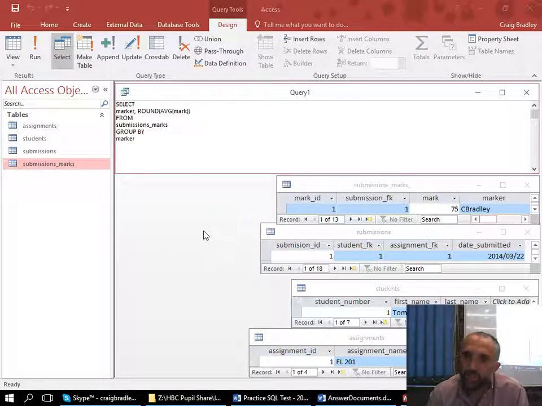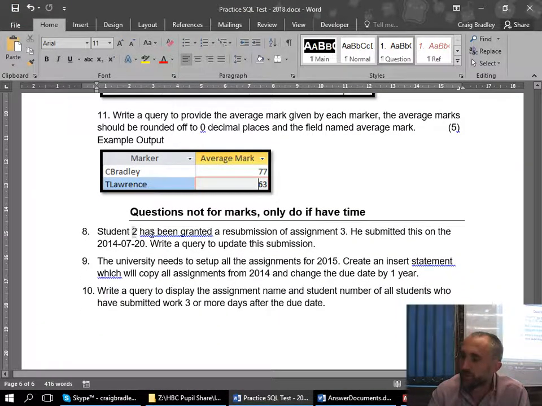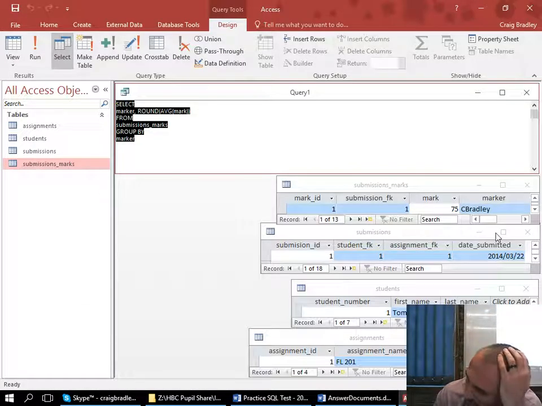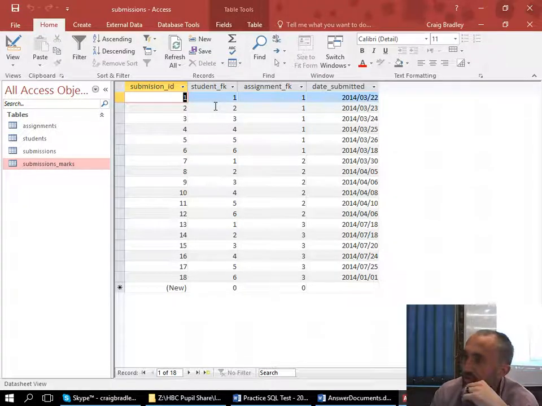Question 9. So now we go to question 9. Question 9 is question 8 in here. So student 2 has been granted a resubmission. He has submitted this on the date. So write a query to update the submission. So we go to our submissions document. I'm just going to maximize it for now. And student 2